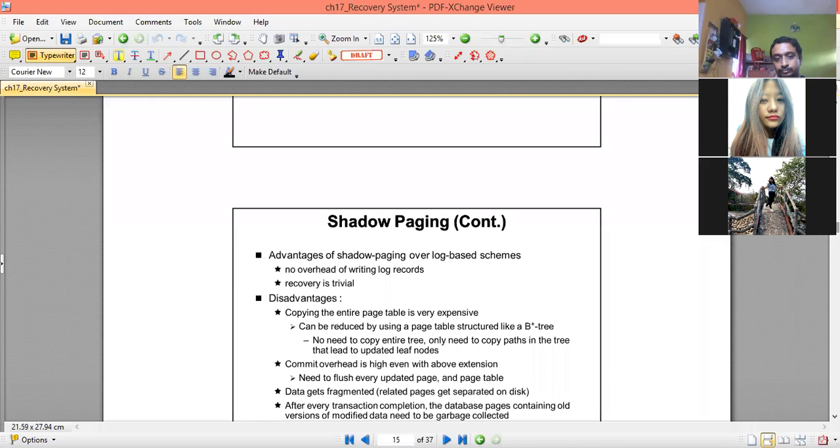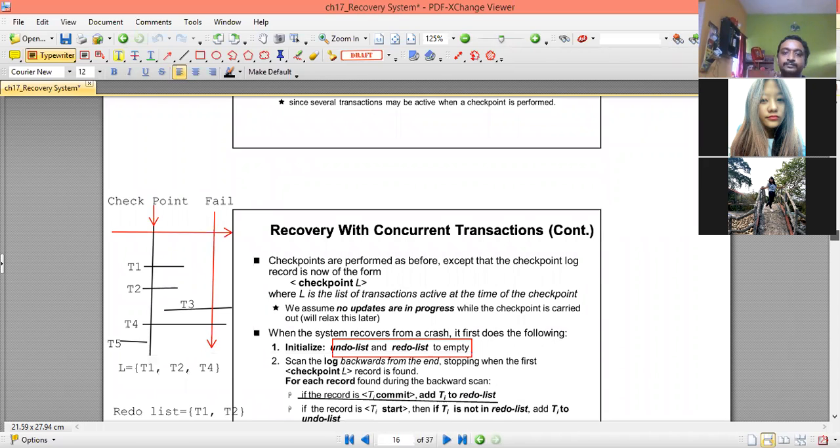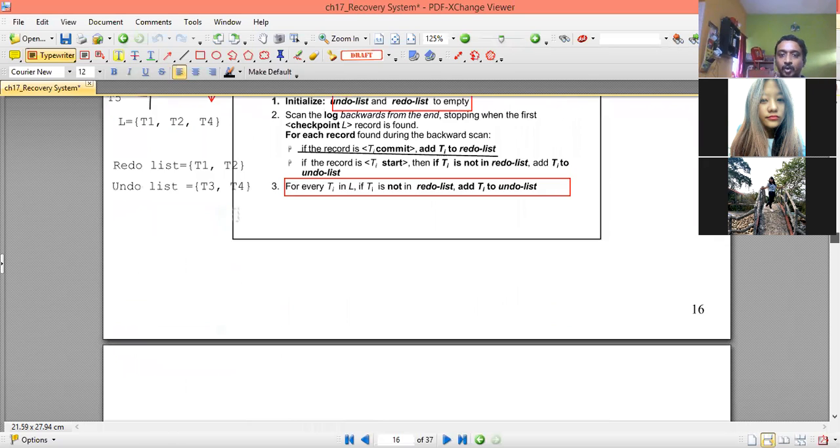Now, commit overhead is high even with these above extensions. Data also gets fragmented in the shadow paging policy because of the garbage collection procedure. Okay. So then after shadow paging, we have talked about some extensions of the log-based mechanisms for